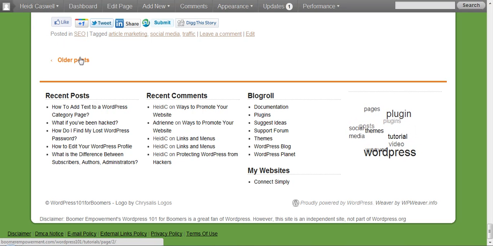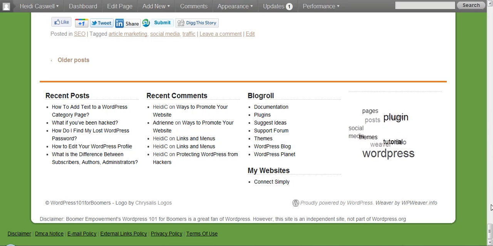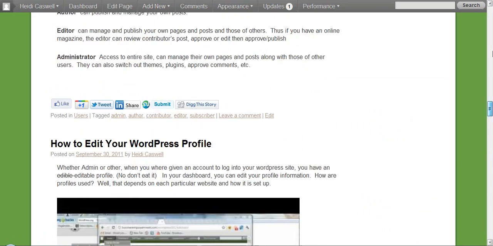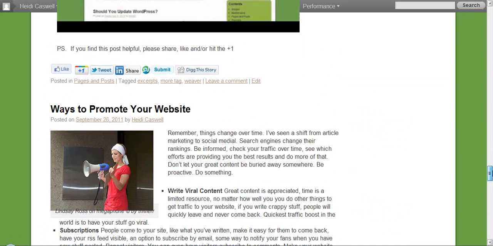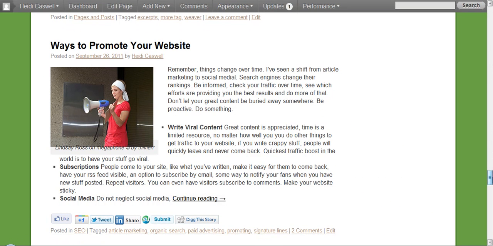But anyway, that's how you update your themes. And this is one way to check and see if anything's different. And then you also go back in the dashboard and see what things you can now do that you couldn't do before. Anyway, have fun. You can update your themes. Be cautious with them, but